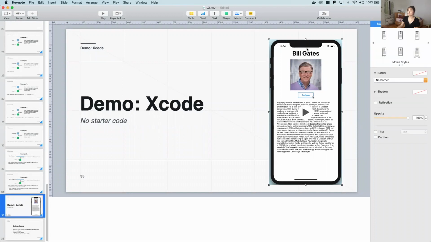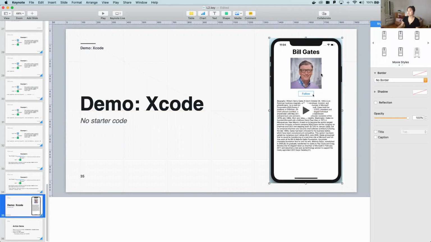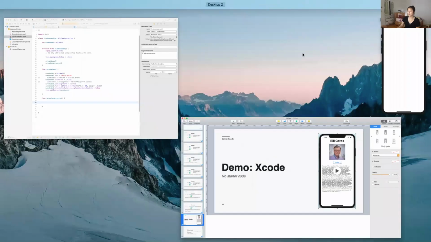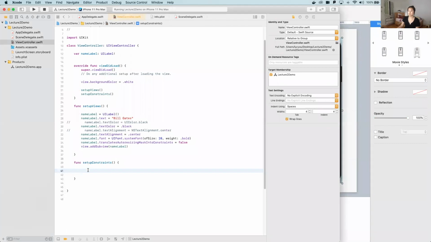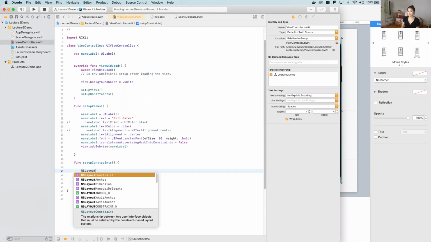So we want to simulate that in our Xcode file. So maybe what we can do is add the center X and also add the top constraint. So to do that, what we want to do is say NSLayoutConstraint